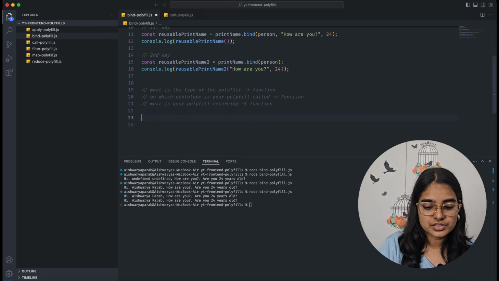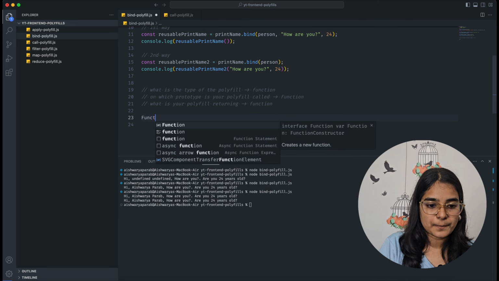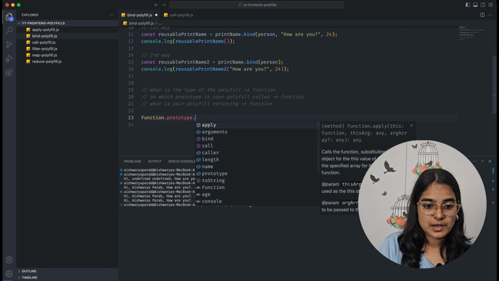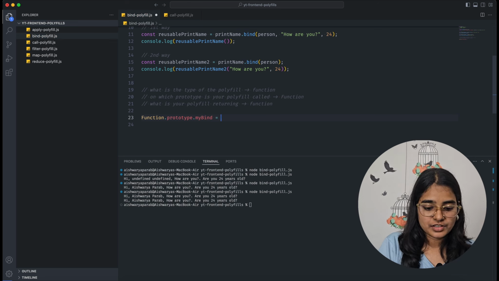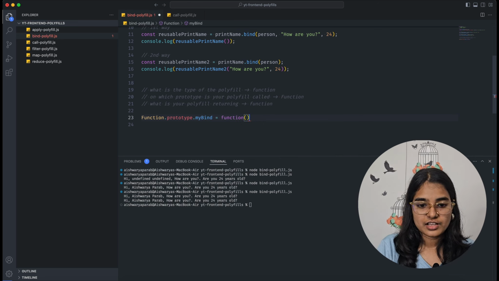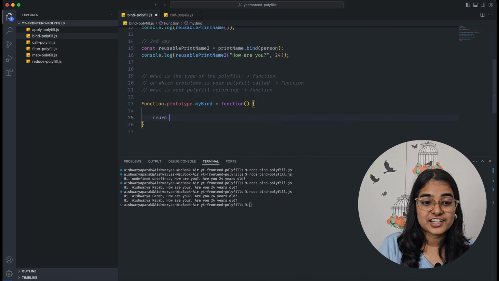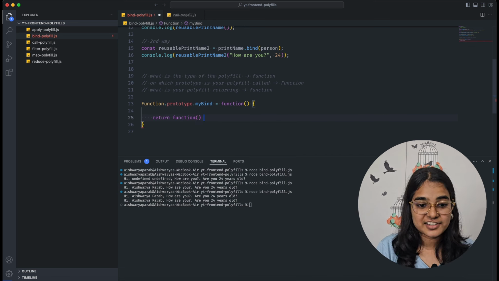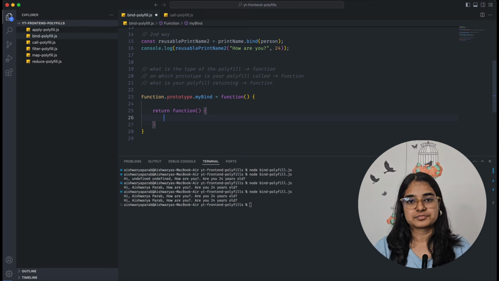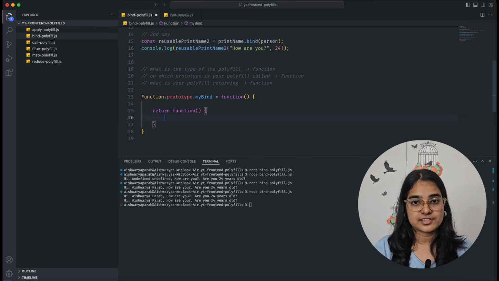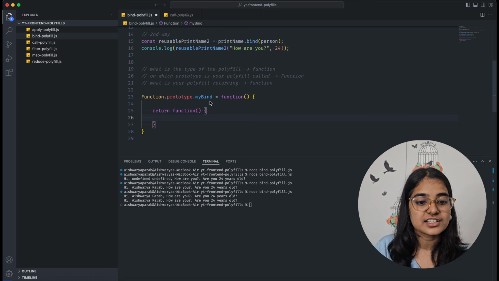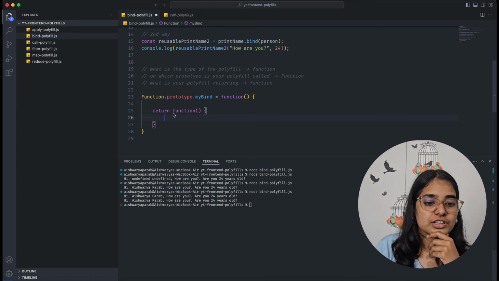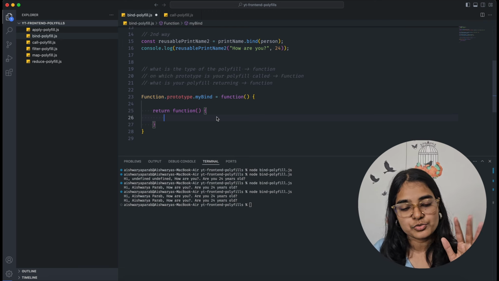So what we will do is we will just say Function.prototype.myBind. Bind is a function, right? And what will it return? It will return another function. So this is the skeleton. This is why we ask these questions, so that structures like these are simpler for your brain to understand. So now we are returning another function. Okay, cool, this is fine.